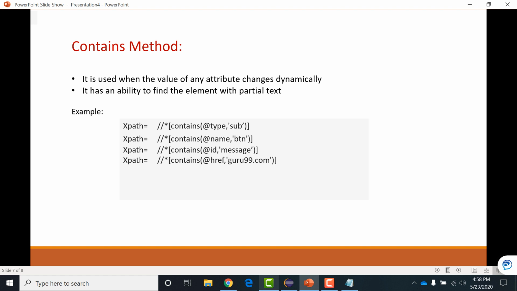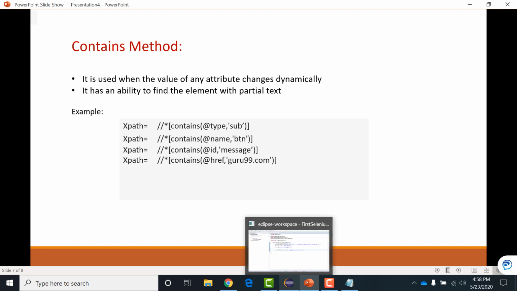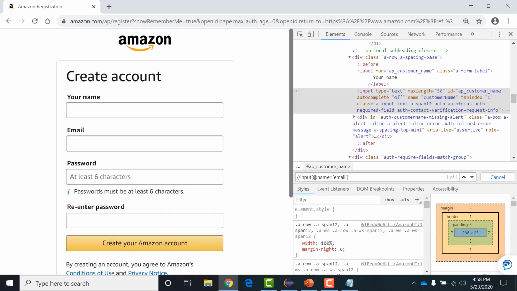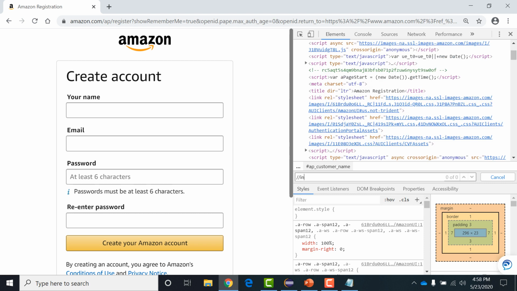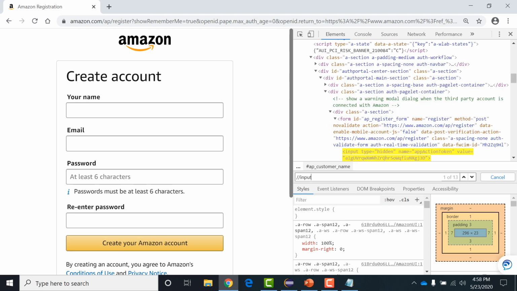So we'll create our XPath with the help of the contains keyword. Double slash. We know the tag name is input. Now I have written contains. After that, brackets, and here you need to define your attribute, just like this.